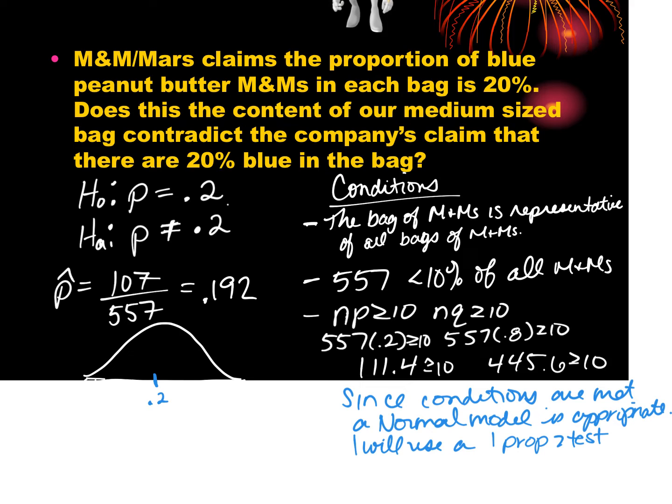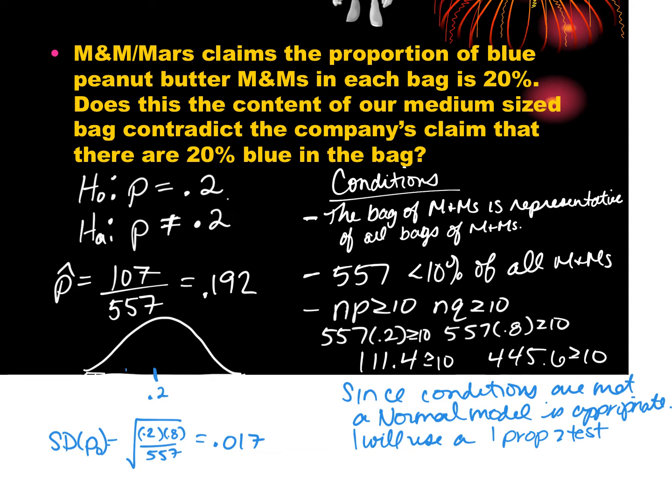So there's 0.2, the standard deviation is the square root of 0.2 times 0.8 over 557. I'm using the hypothesized value for all of my p computations. I get 0.017. So one standard deviation here is 0.183 and 0.217. And 0.19 is about here,